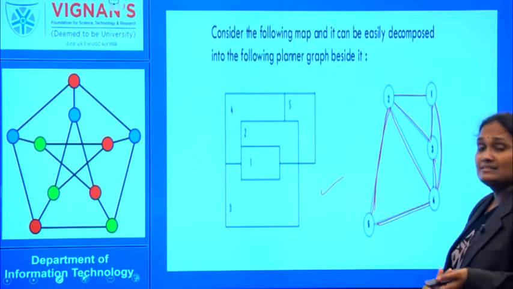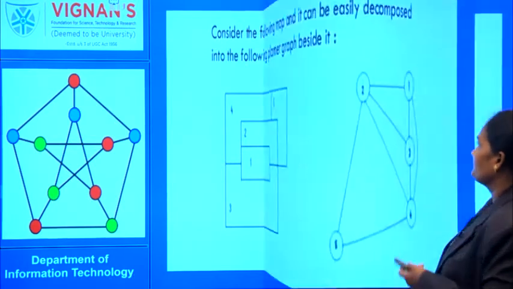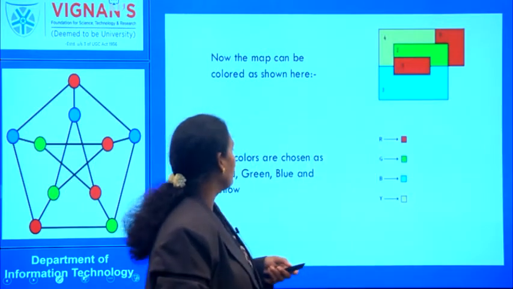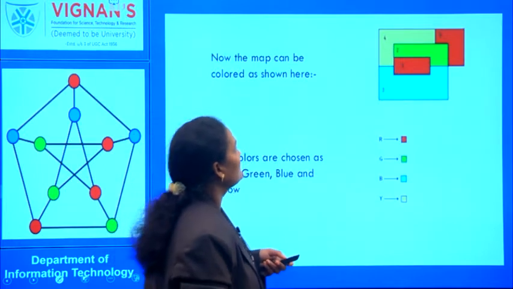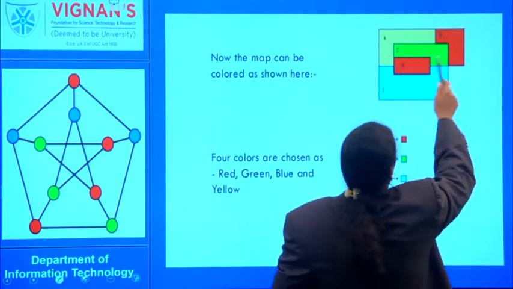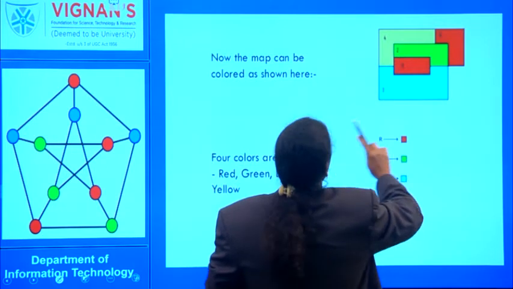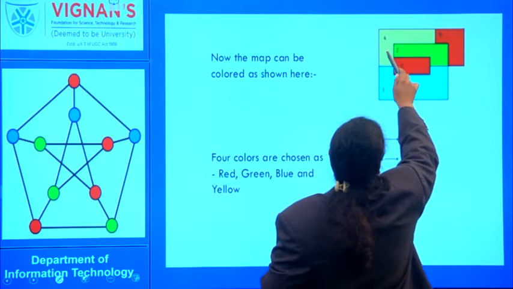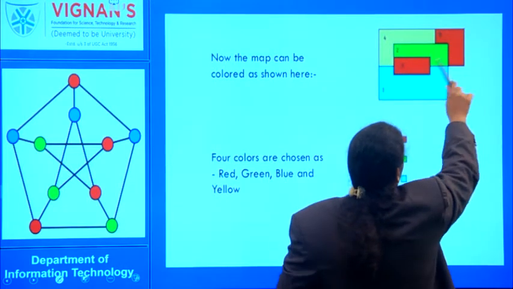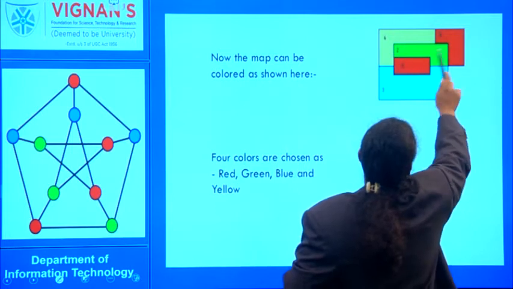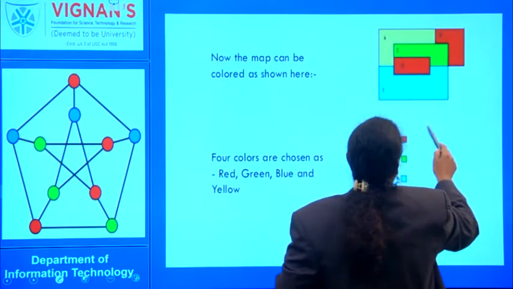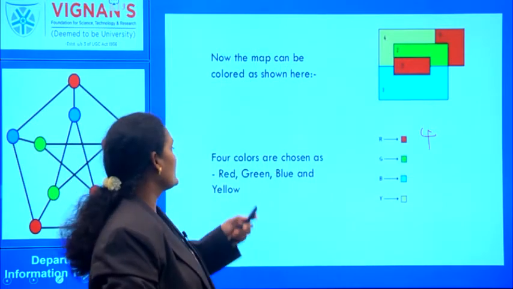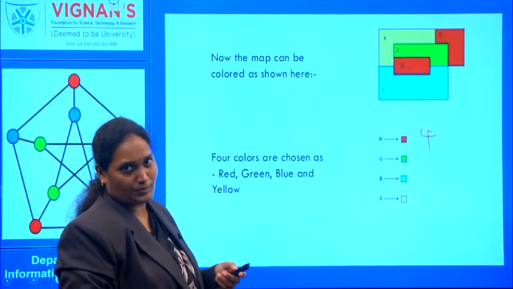Now how to color a planar graph? The planar graph is also called a map. Let us see the same planar graph we explained earlier. Here I used one color, here I used another color, here I used another, and here I used another. Here I used the same color, since these two are not adjacent, so we can reuse a color. So to color this graph, we used 4 colors. So this problem is a 4 colorability problem.